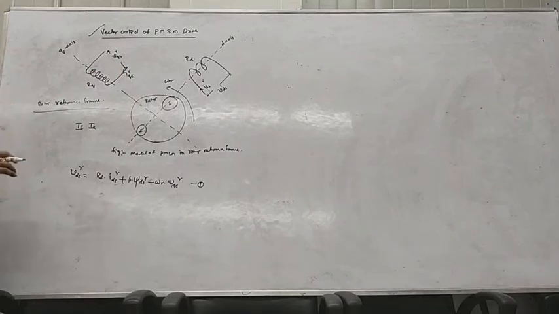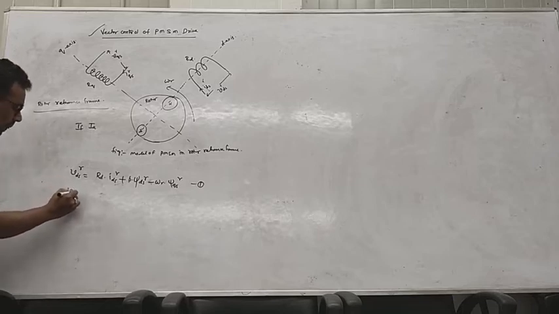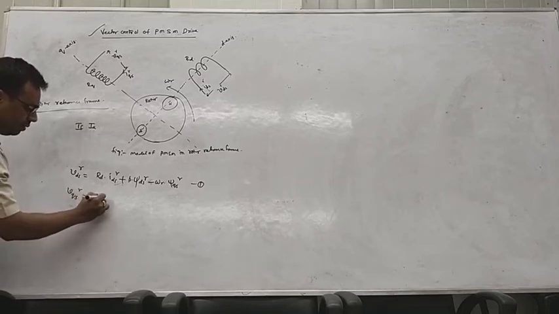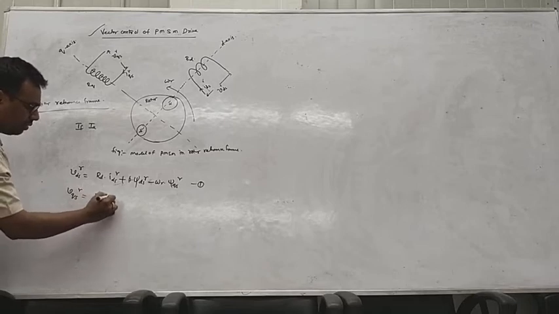Generally, in a synchronous machine the damper windings will also exist, but in a permanent magnet synchronous motor there is no damper circuit. Then similarly, VQS^R is equal to RQ into